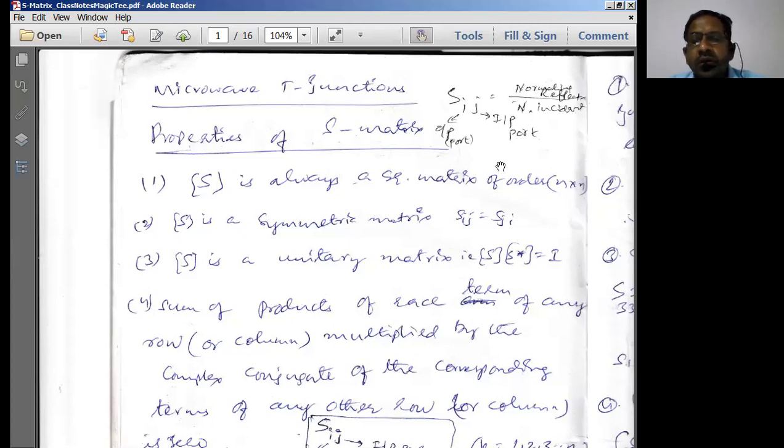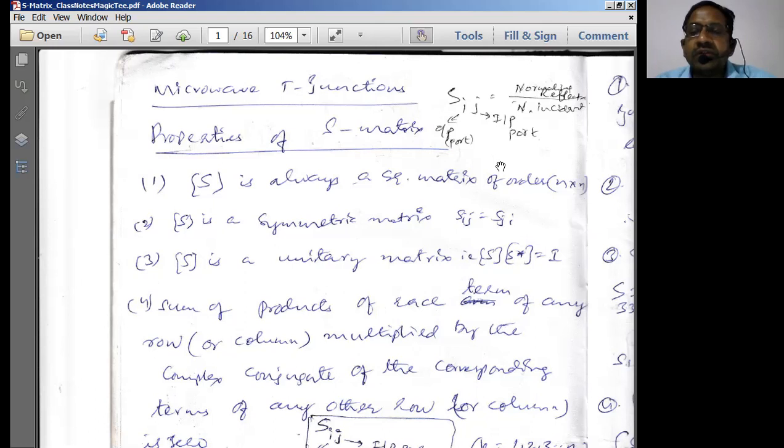Now, in order to perform the analysis on these microwave components, we normally depend on the properties of the S matrix. S matrices are known as scattering matrix parameters. So using the scattering matrix parameters, we are going to find the appropriate analysis of these three types of microwave components, as the EM wave gets transmitted through these particular microwave components.